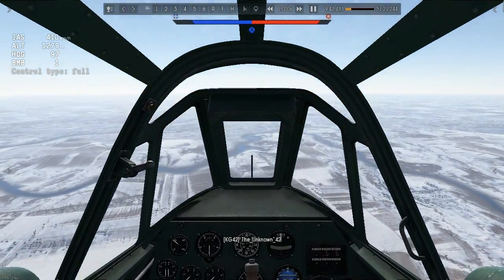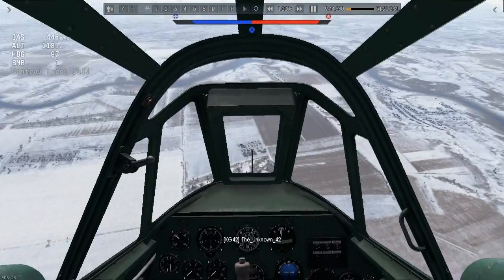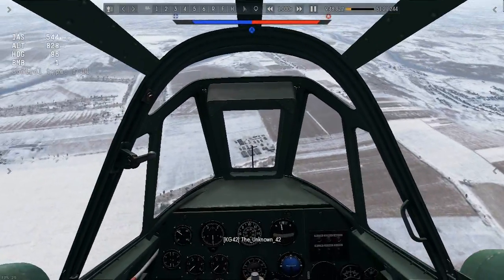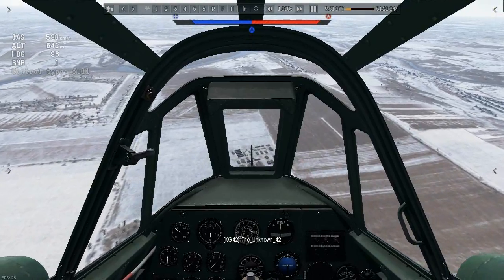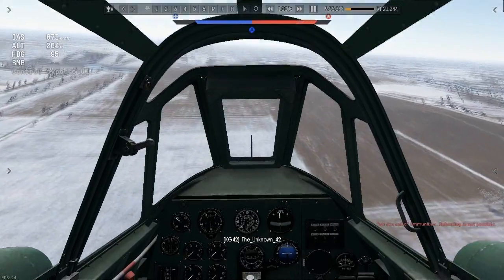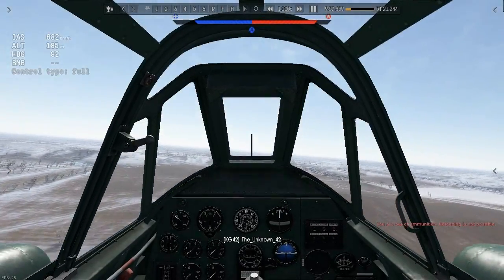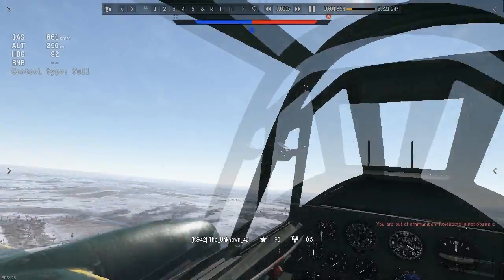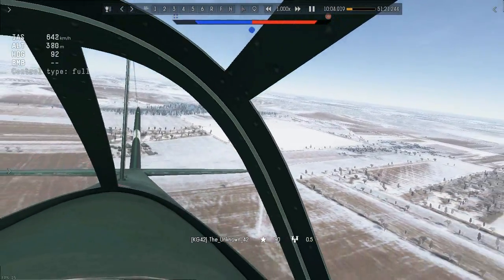So there he goes, he's starting his dive. Nice line here. The Kikka definitely has very good dive properties, but that's just because it's made out of very base and non-strategic alloys, just like the Messerschmitt 262, which makes it a lot heavier than it's supposed to be. Now he's released his bomb, he scored a nice direct hit, and around this time is where interesting things start